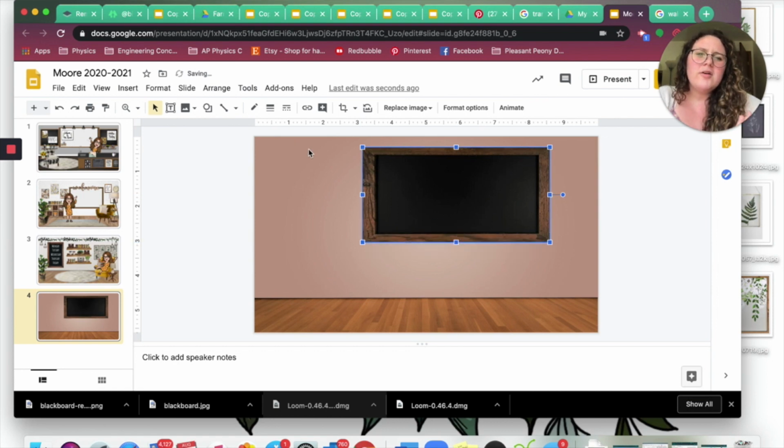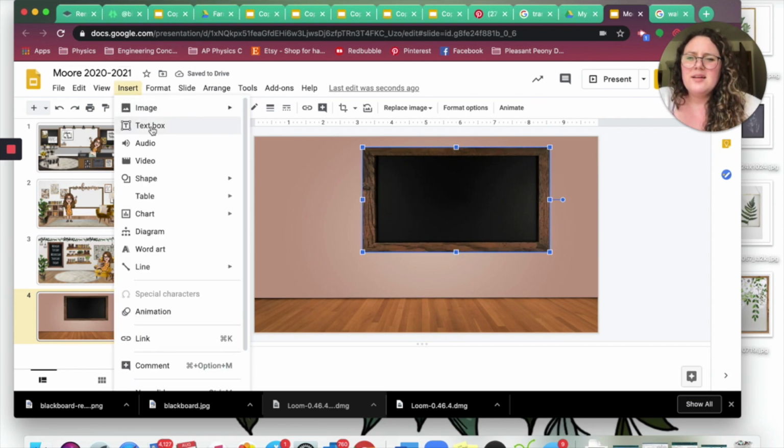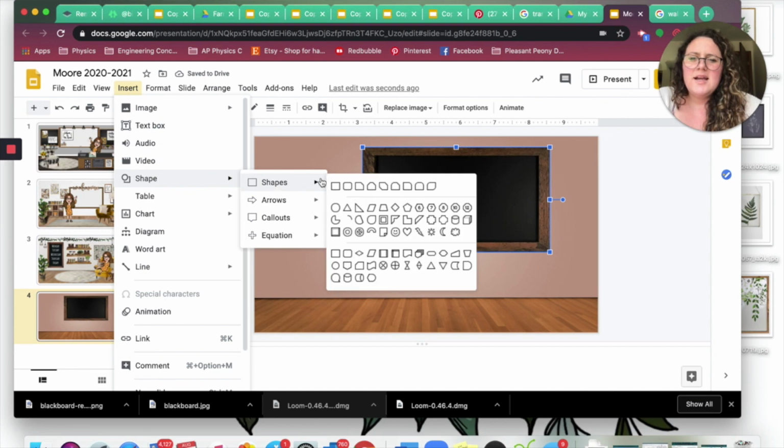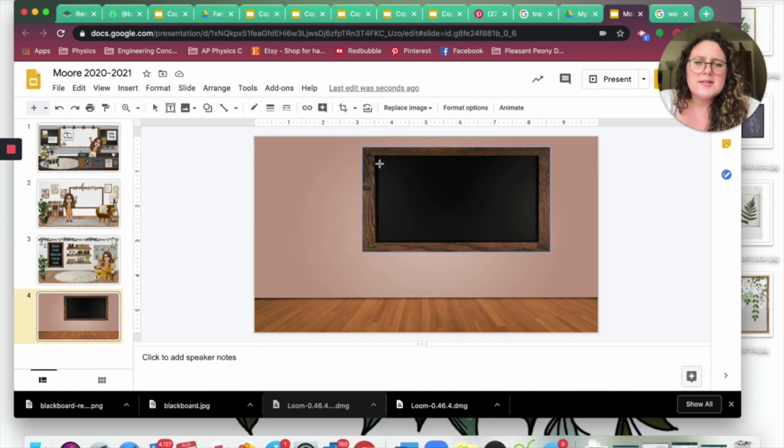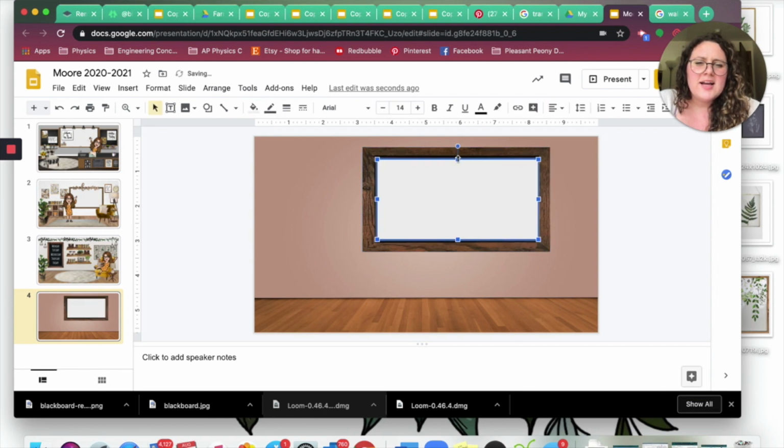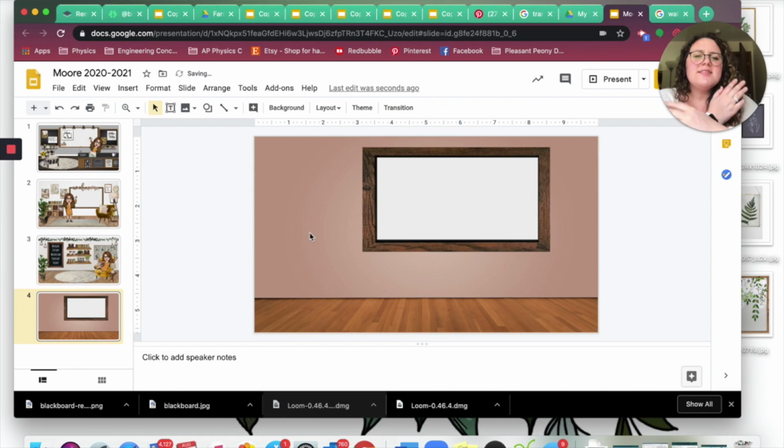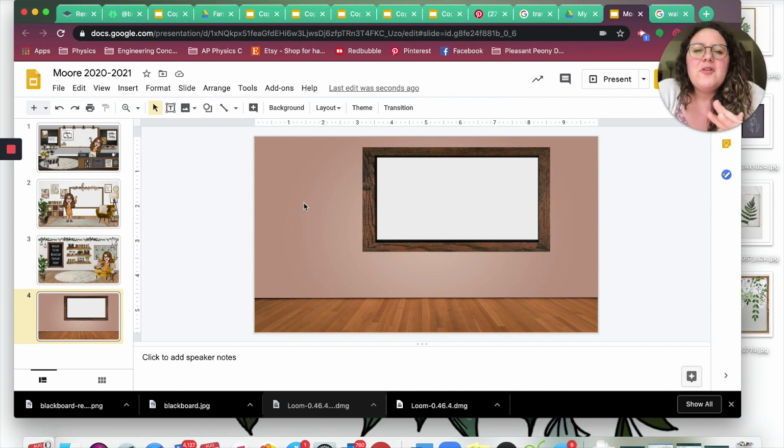Now what you are going to do is go to Insert Shape, and you're going to click on the box. So you are going to make a white square that lights up, and you easily have your own whiteboard. Super cute, stylish, whatever it is. So from here,